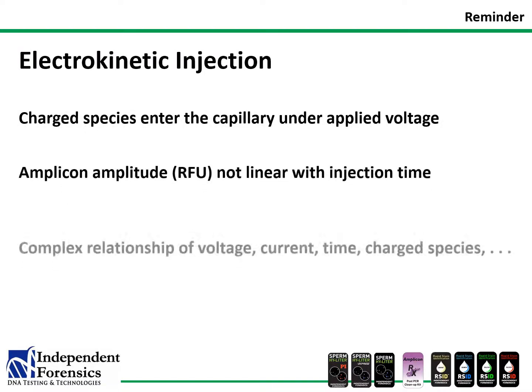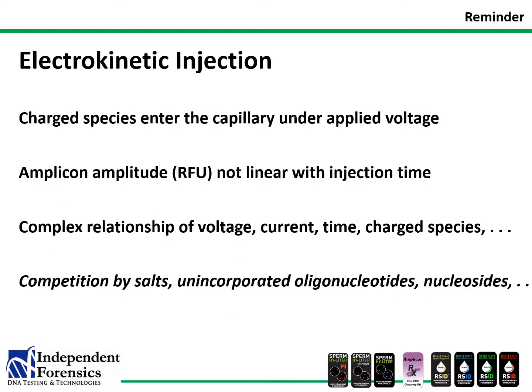Let's spend a minute and remind ourselves how the amplified fragments enter the capillary. They enter through electrokinetic injection. That is, charged species enter the capillary under the applied high voltage. The RFU of the amplicons is not strictly linear with injection times. Longer injection times will get you more RFUs, but only to a short point. There's a complex relationship of voltage, current, time, and species in that formamide mix that allows the amplicons to enter